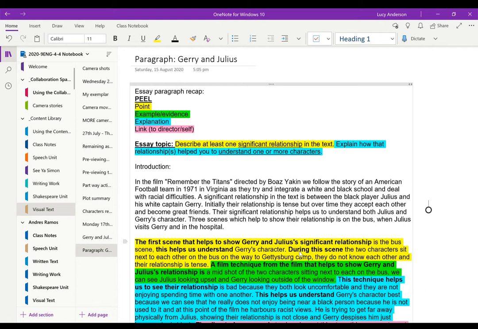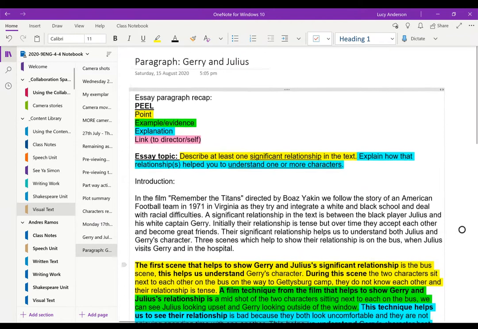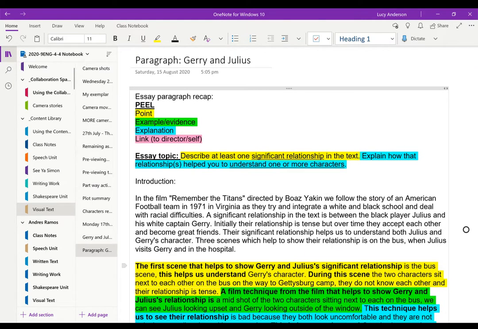All right, gentlemen, so what I am aiming to do right now is just talk you through how to get on with your paragraph, just do a gentle recap and everything like that. So if you feel confident to just look at the ones that are here and work through it by yourself, then you can go forth and do that. But if you think that you need a little bit more guidance through writing a paragraph, then you can listen and watch and follow through and do this whole thing.